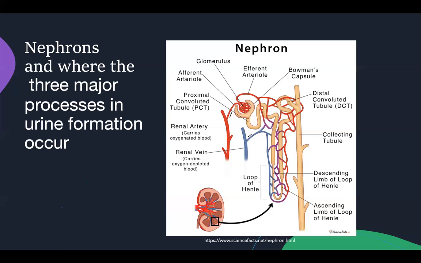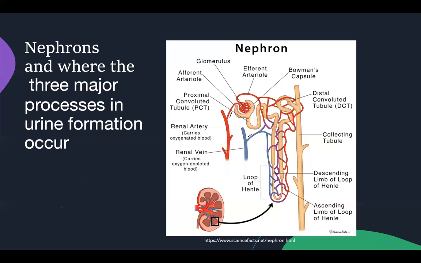The three major processes of urine formation include filtration, reabsorption, and secretion. In regards to filtration, the initial movement of molecules from the glomerular capillaries into the Bowman's capsule, the volume of filtrate formed by the kidneys per minute is determined by the glomerular filtration rate. This rate determines how well your kidneys are working. It is based on the hydrostatic pressure of capillaries,